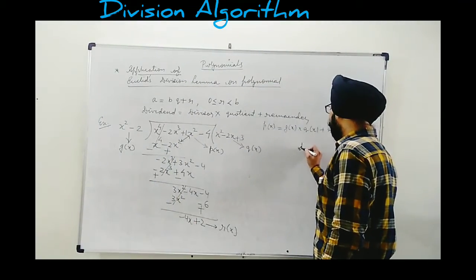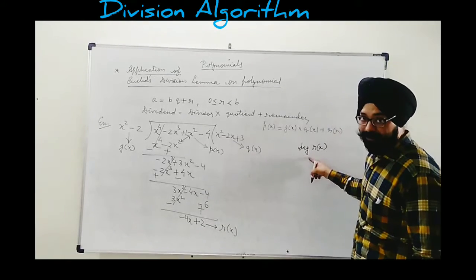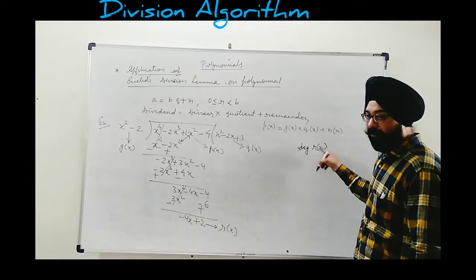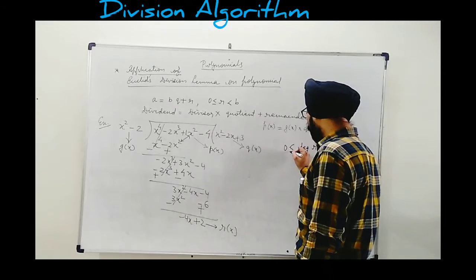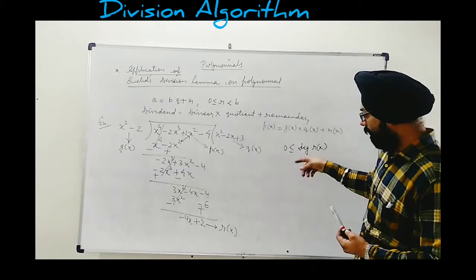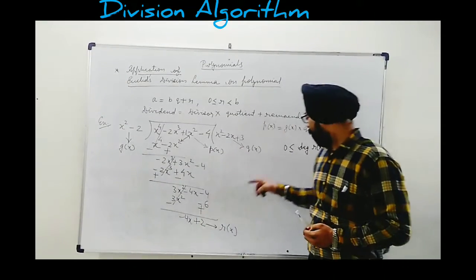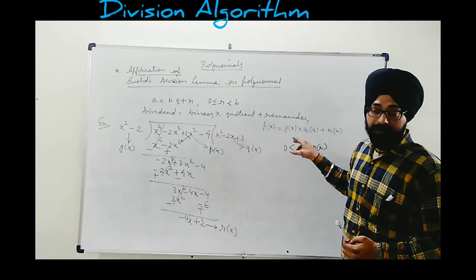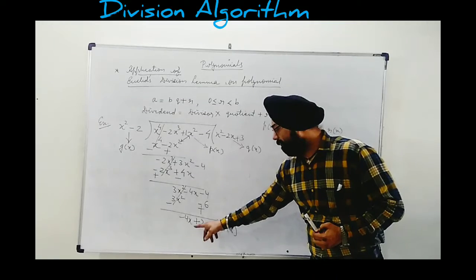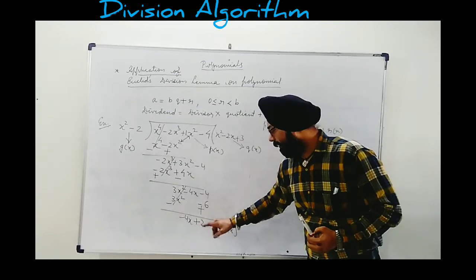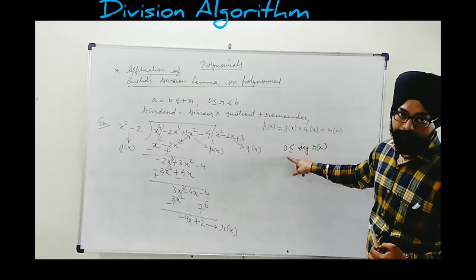degree of r(x). Degree of r(x) means the remainder. DEG is written for degree, the maximum power. Degree of r(x) will be either greater than 0 or equal to 0. Greater than 0 means, like, the degree is 1 here. Equal to 0: the degree of the remainder will be equal to 0 when we get a constant answer. Constant means a polynomial without x. A constant polynomial like 2. If I get only 2, the degree will be considered to be 0.